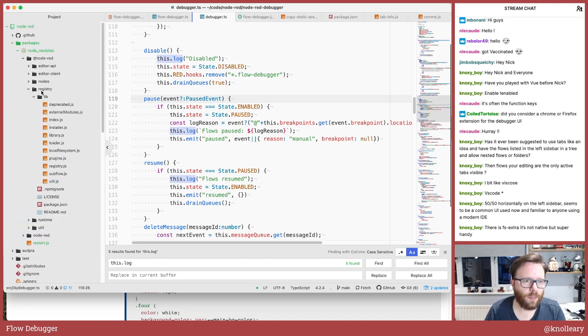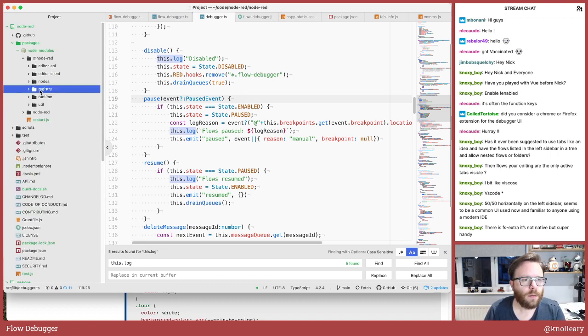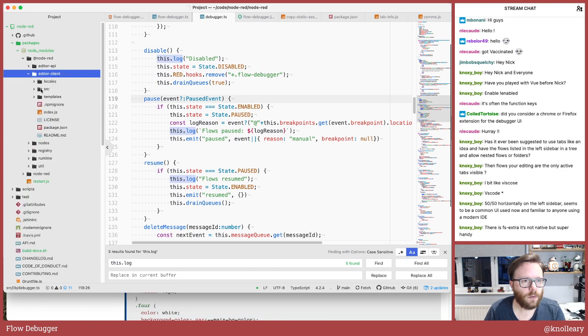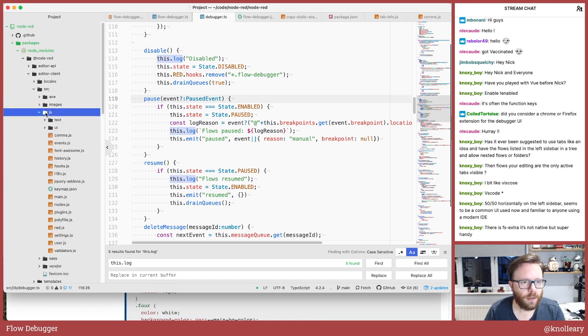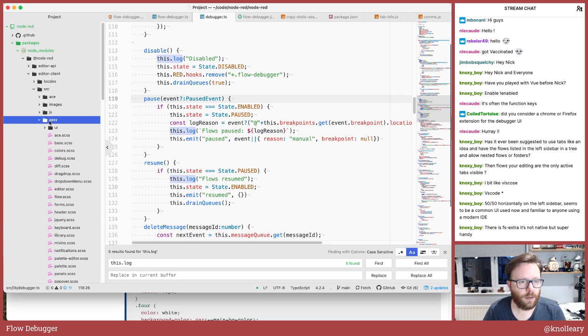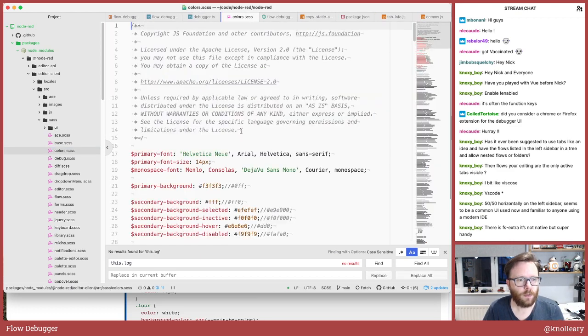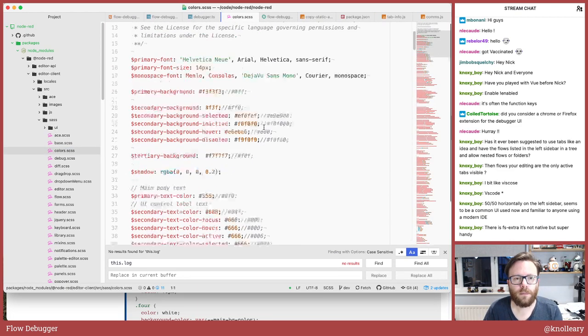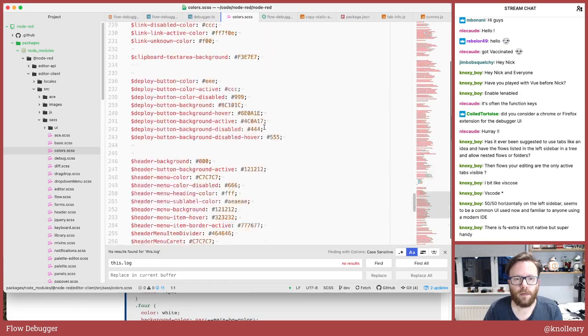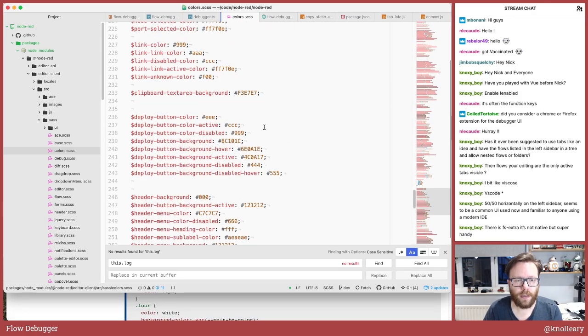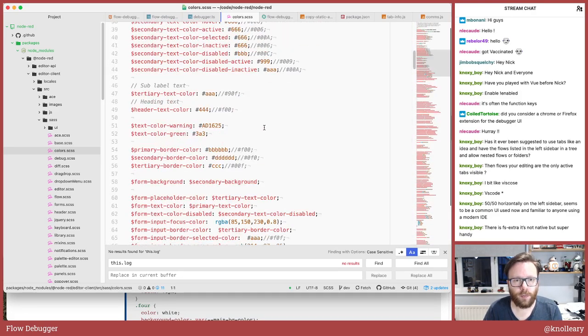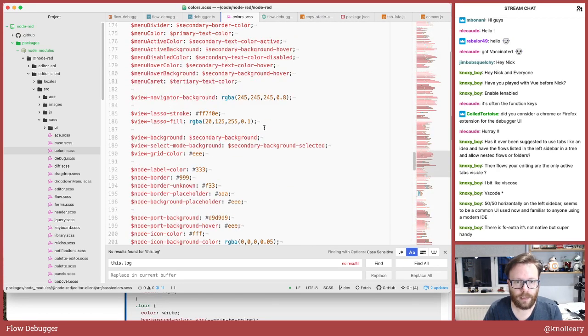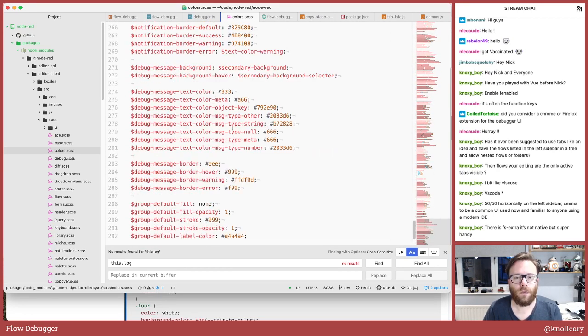So essentially what that means is the work to be done here will be in the CSS of the core. We have our colors file, and essentially what we will end up doing is generating CSS variables for everything in here, so that not only when you write CSS can you use,